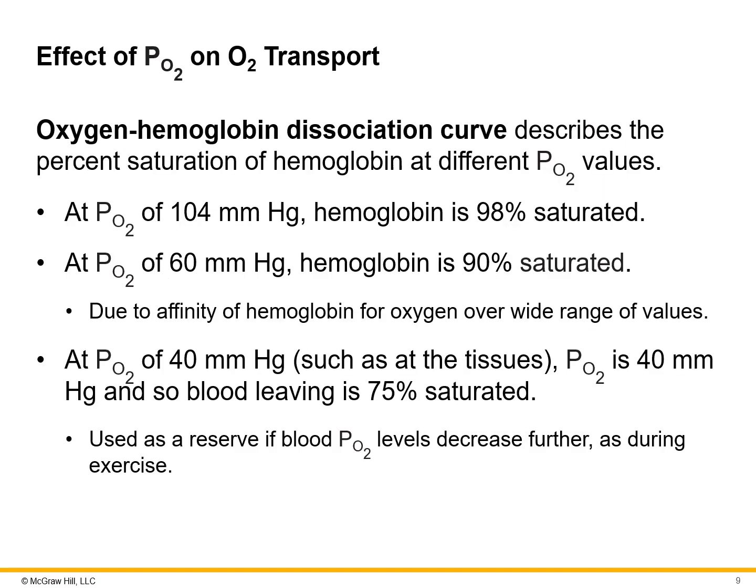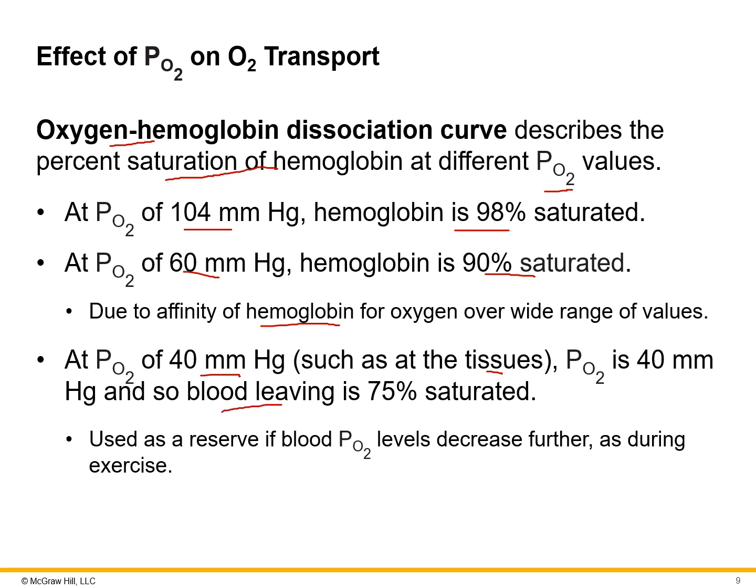So this oxygen hemoglobin dissociation curve describes how much hemoglobin is saturated at different oxygen levels or values. So think about our partial pressure. So at about 104, hemoglobin is 98% saturated. When that pressure decreases, say to about 60, now we're only 90% saturated. And again, this is due to that affinity of hemoglobin for oxygen as that partial pressure changes. So then if it further goes down to 40, which is what's happening at our tissue level, now that partial pressure,